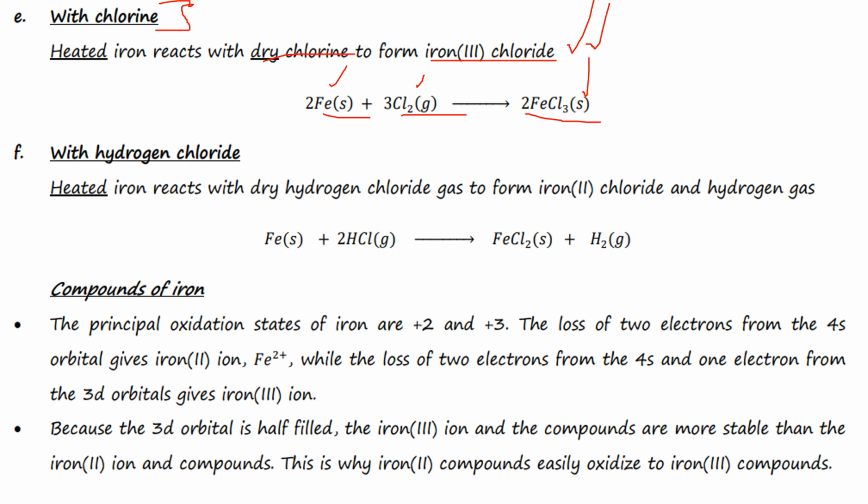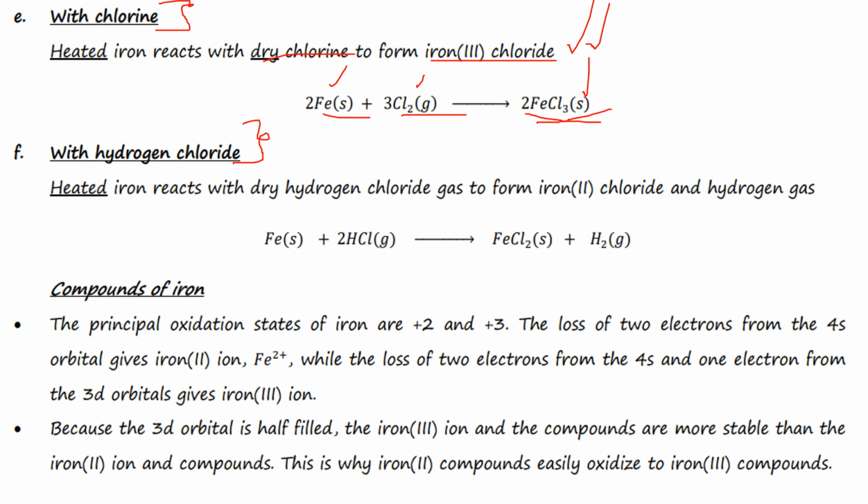Now let's look at the other reactant, which is going to be hydrogen chloride. Now, there are two types of chlorides of iron. We have iron 2 chloride and iron 3 chloride. Chlorine is a strong oxidizing gas. So whenever we heat iron with chlorine, we get the one which is most stable, which is iron 3 chloride. But for us to get iron 2 chloride, we need to heat iron